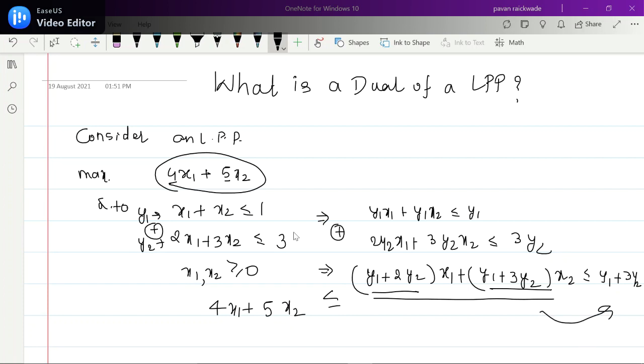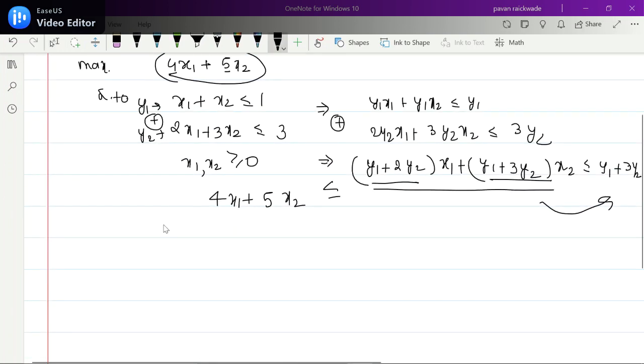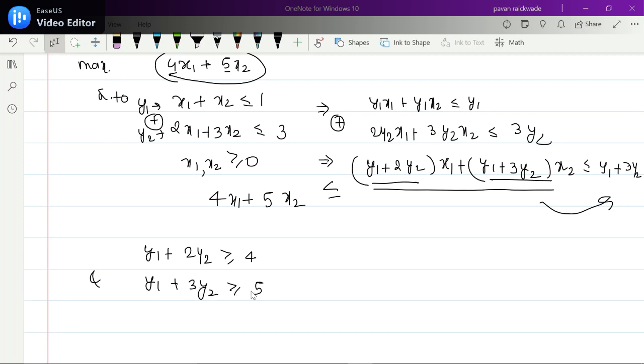So whenever y1 plus 2y2 is greater equal 4 and y1 plus 3y2 is greater equal 5, this value, which is y1 plus 3y2, will be